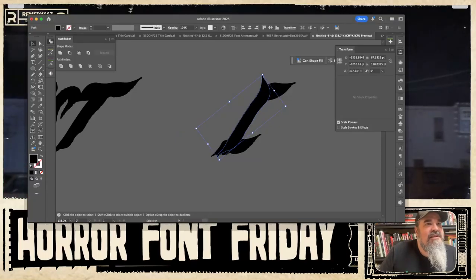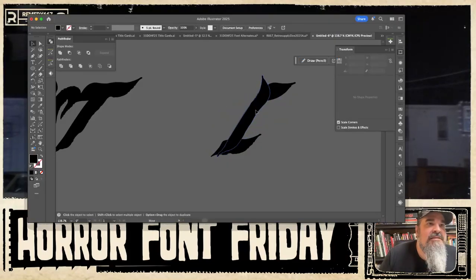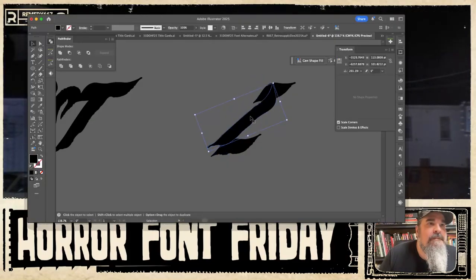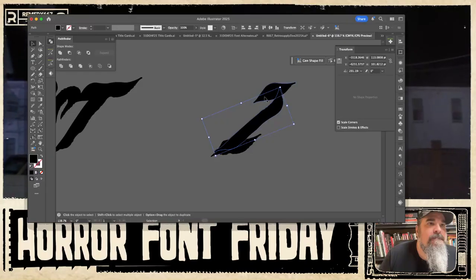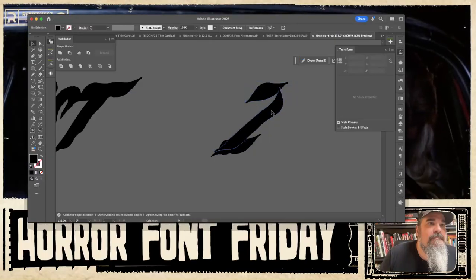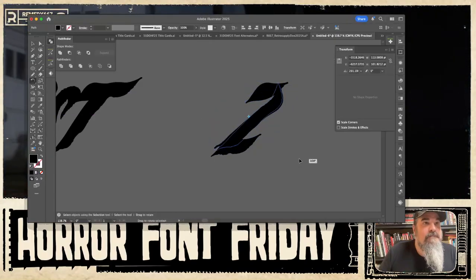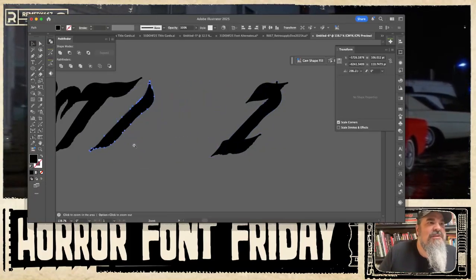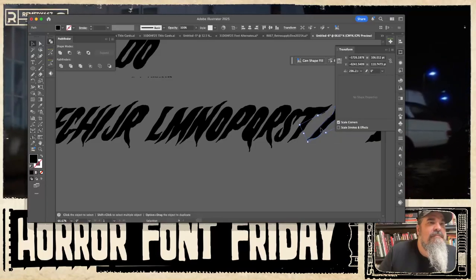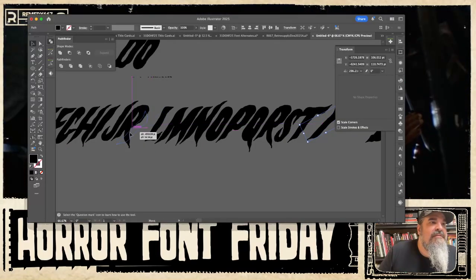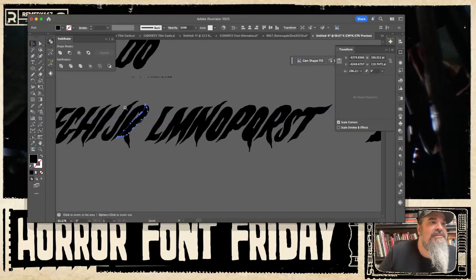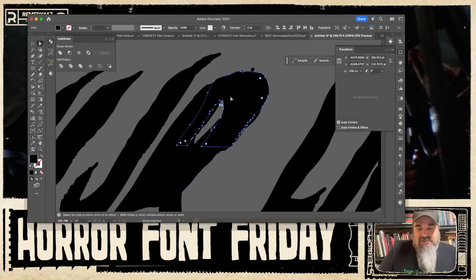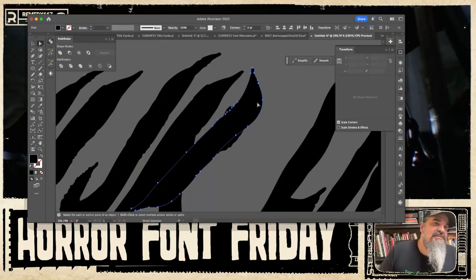It's so inclined. I lost my cursor. There it is. That Z looks really bad. But that's not important right now. What's important is this K, which is actually kind of weird